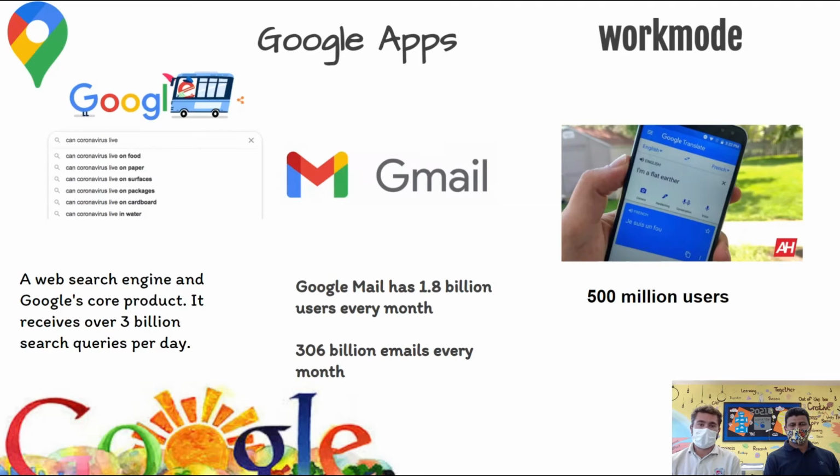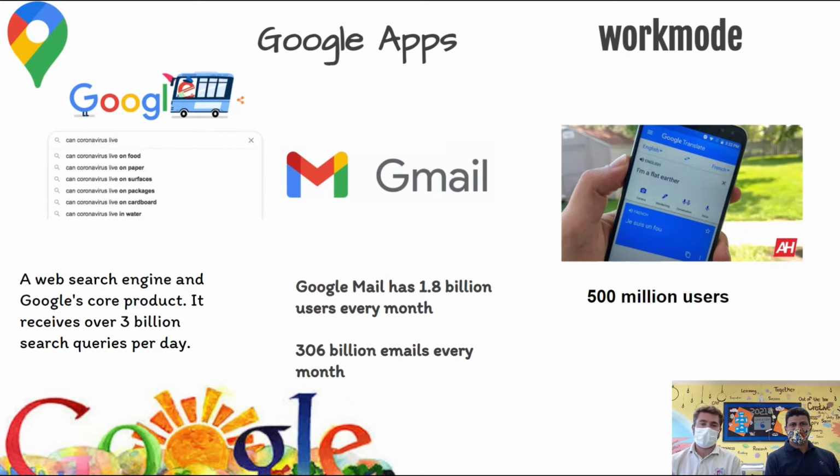So Google Apps, we'll see now step by step all the apps. So Google for the web, so you can search information with Google. Whatever you want to know, you can find it on Google. So the Google search receives about 3 billion search queries every day. Okay, so the world population is 7 billion, and Google search receives almost 3 billion search queries every day. So that's a very high number, as you can tell.